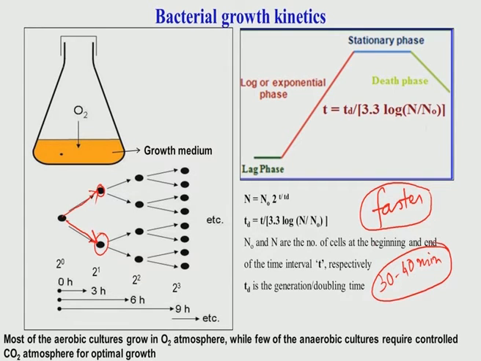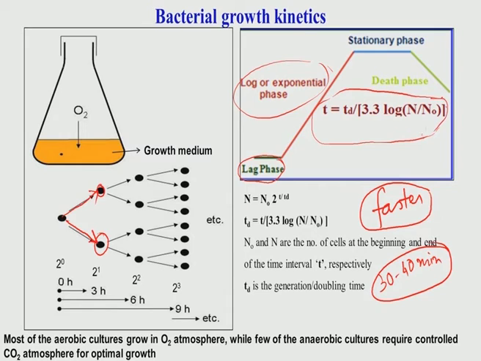So, the second thing that has been mentioned, that has been shown here. Depending on the necessity for oxygen in the growth medium, you have aerobic bacteria and anaerobic bacteria, microbes essentially. The third thing is how this growth takes place. Essentially you have a very initial period of lag phase. Lag phase is more like an incubation period where the bacteria have not yet started to grow in a normal manner.